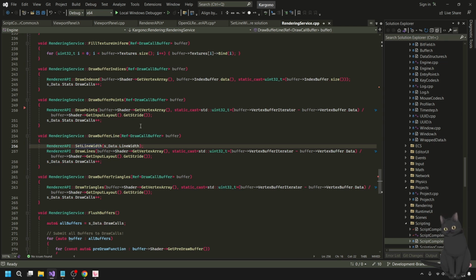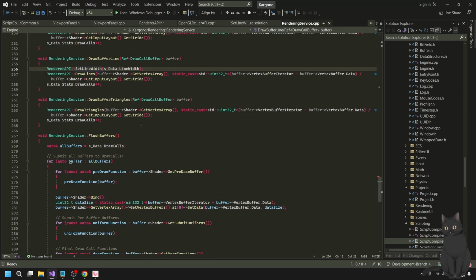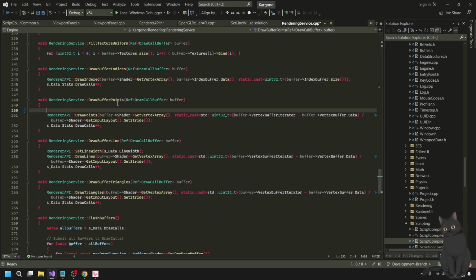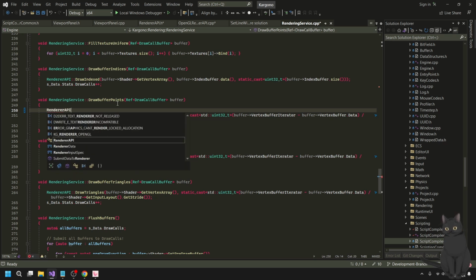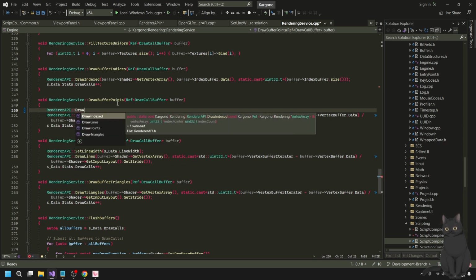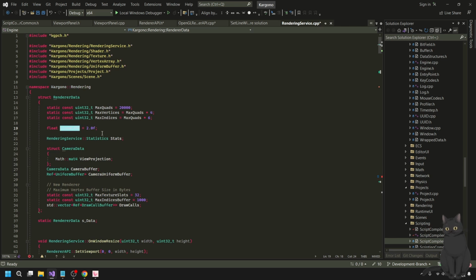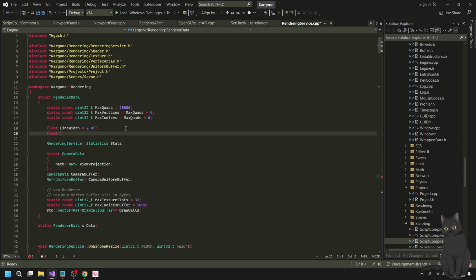Under API, draw, set points width. S data points width. Floats points width.